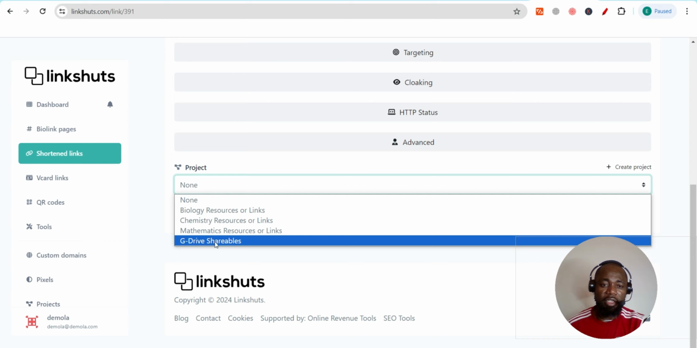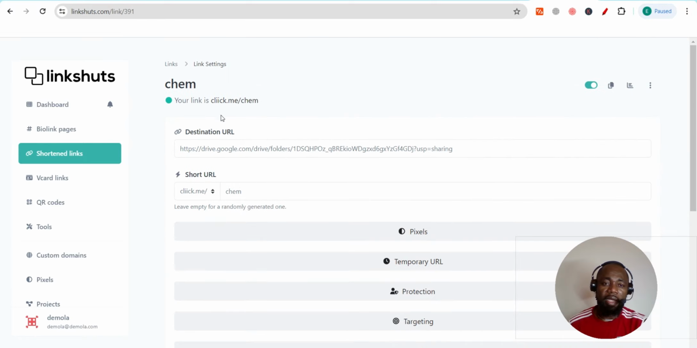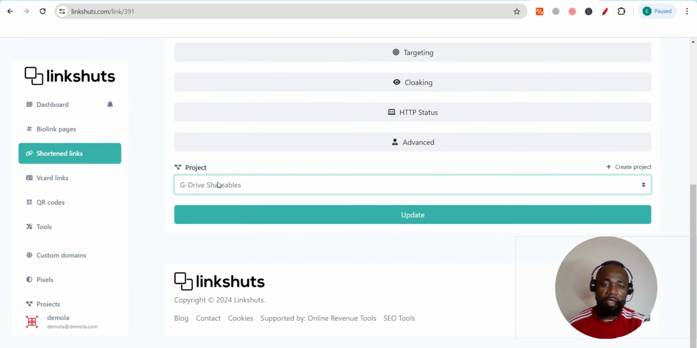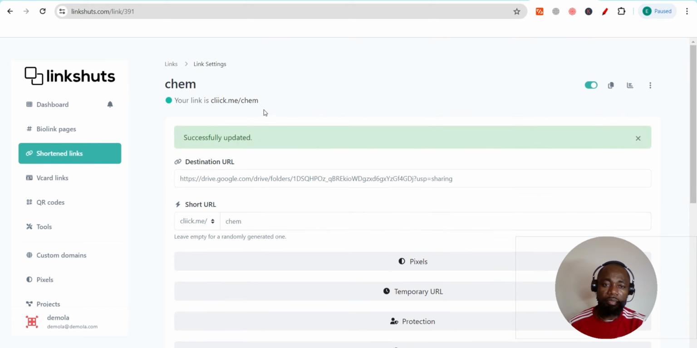which is all the categories you have created. In this case, we want to place this particular shortened link in our G Drive shareables, and then this particular link is under this grouping. So you click on update. Alright, so successfully updated. Then you go ahead and copy your shortened link